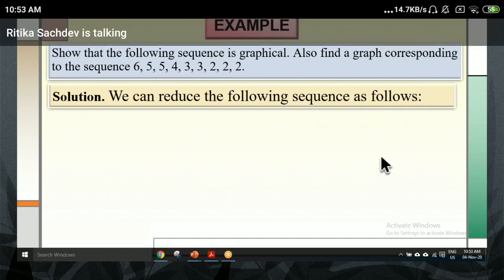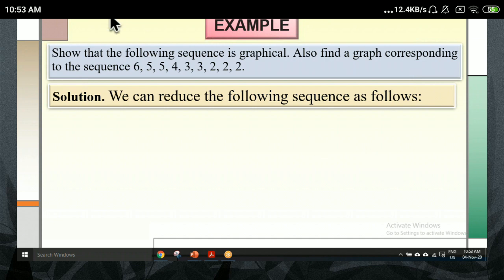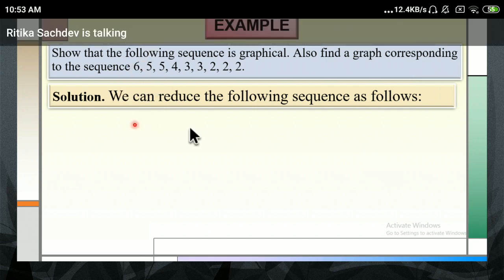Piyush, can you check? Should there be 5 there? Please understand. Now I'm telling you in Hindi. Probably some of you are not able to understand that. When we have taken this 6, we have to remove it and subtract 1 from the second term onwards. That means in the next one, I don't have to write down the 6, but I have to start from the second term and subtract 1 from each. So I'll get it as 4, 4, 3, 2, 2.